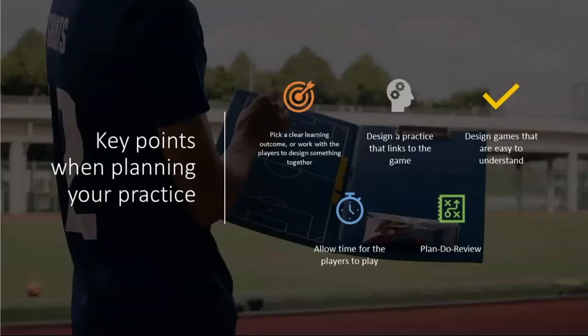First of all, think about your learning outcome. Think about something really clear that you want the group to achieve today. If you can work that out in your head and explain it to the group, then you've probably got more chance of getting to it or getting closer to it throughout the practice.